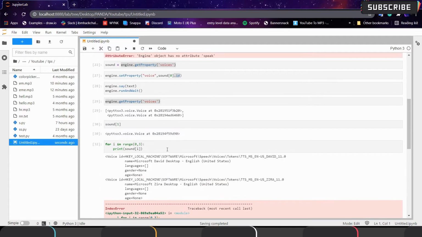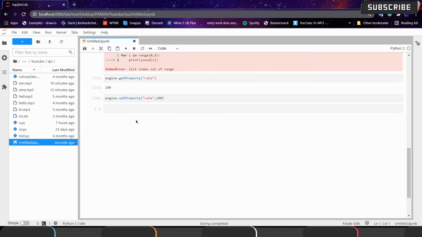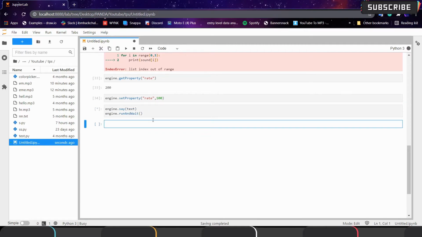Okay, then I will try to play this again. Hello, I'm Shiva Sai. How are you? So it is playing somewhat slow, right? If we decrease the value, it will play very slowly. If we increase the value, it will speed up the voice.